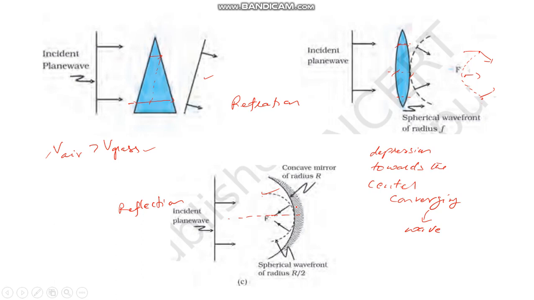So like this we can explain the light phenomena which we have studied in the previous chapter as ray optics. Here we are proving the same phenomena using the wave theory, the wave concept proposed by Huygens. So now in this video we have discussed how reflection and refraction through a plane surface or a spherical surface can be explained using the wave theory.